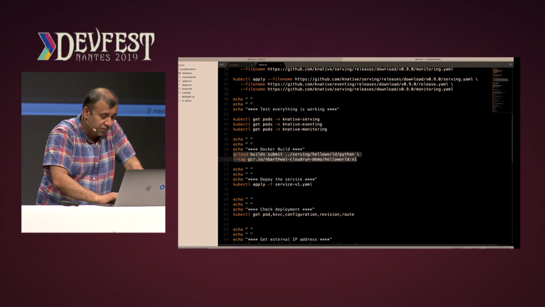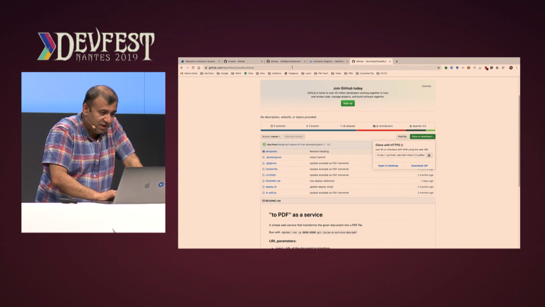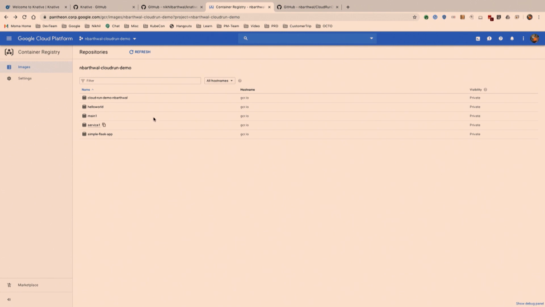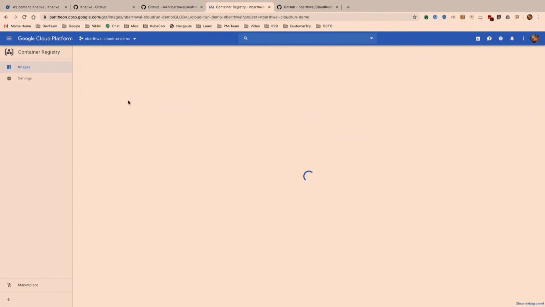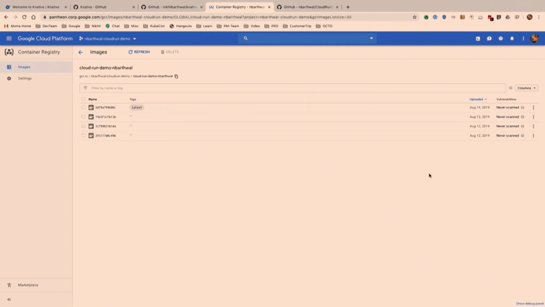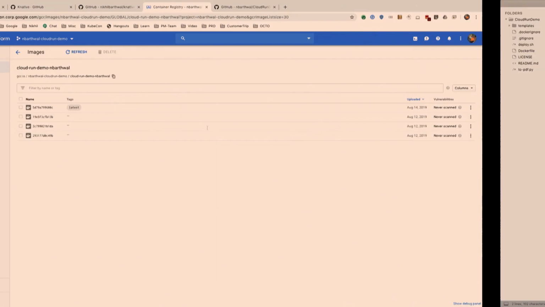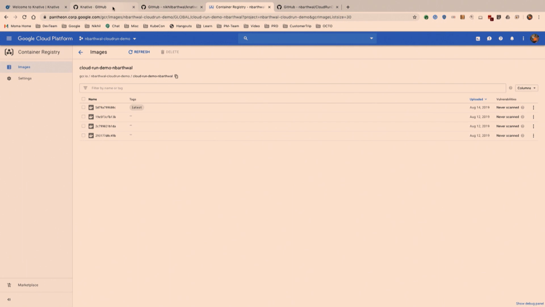It takes a lot of time, but I have these images built in here. So when I go to my container registry, I would see my Cloudrun demo, which I built a while back, a month back. It wasn't scanned, but it's okay. So now, I'm going to deploy it to my Cloudrun, which is